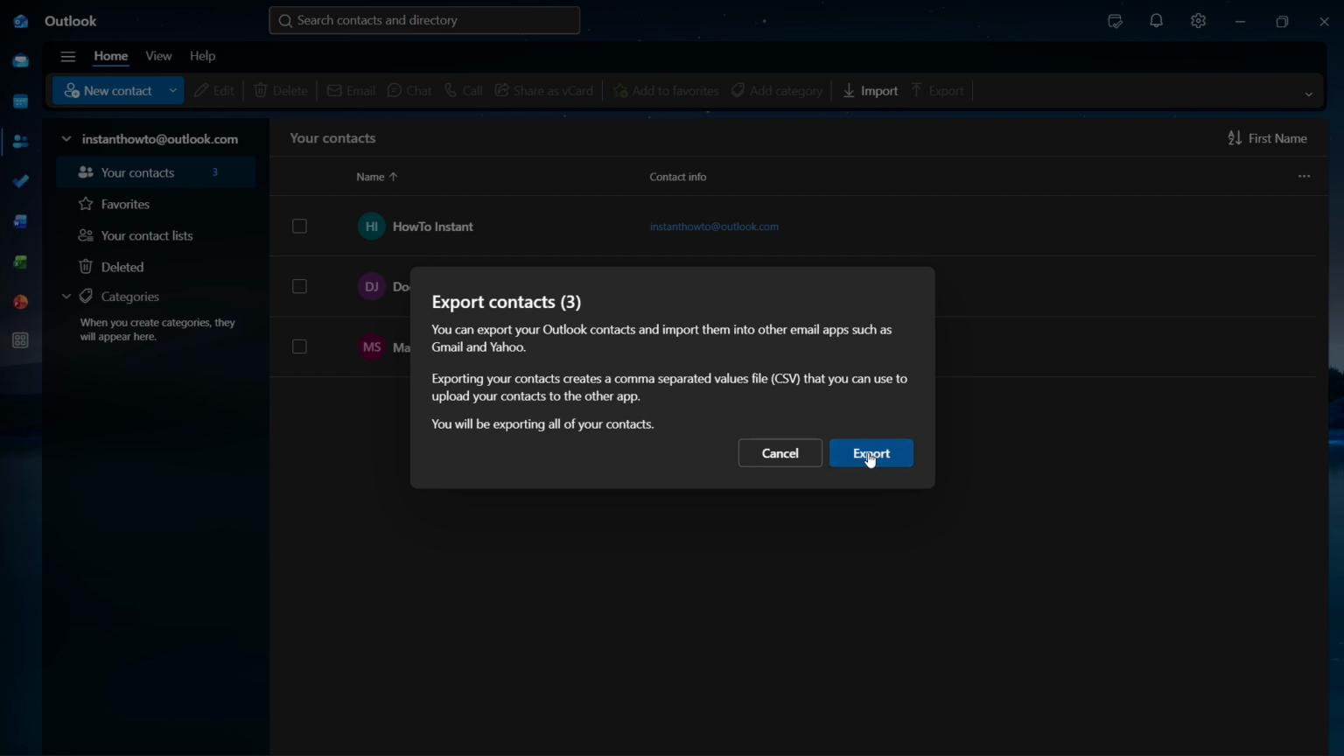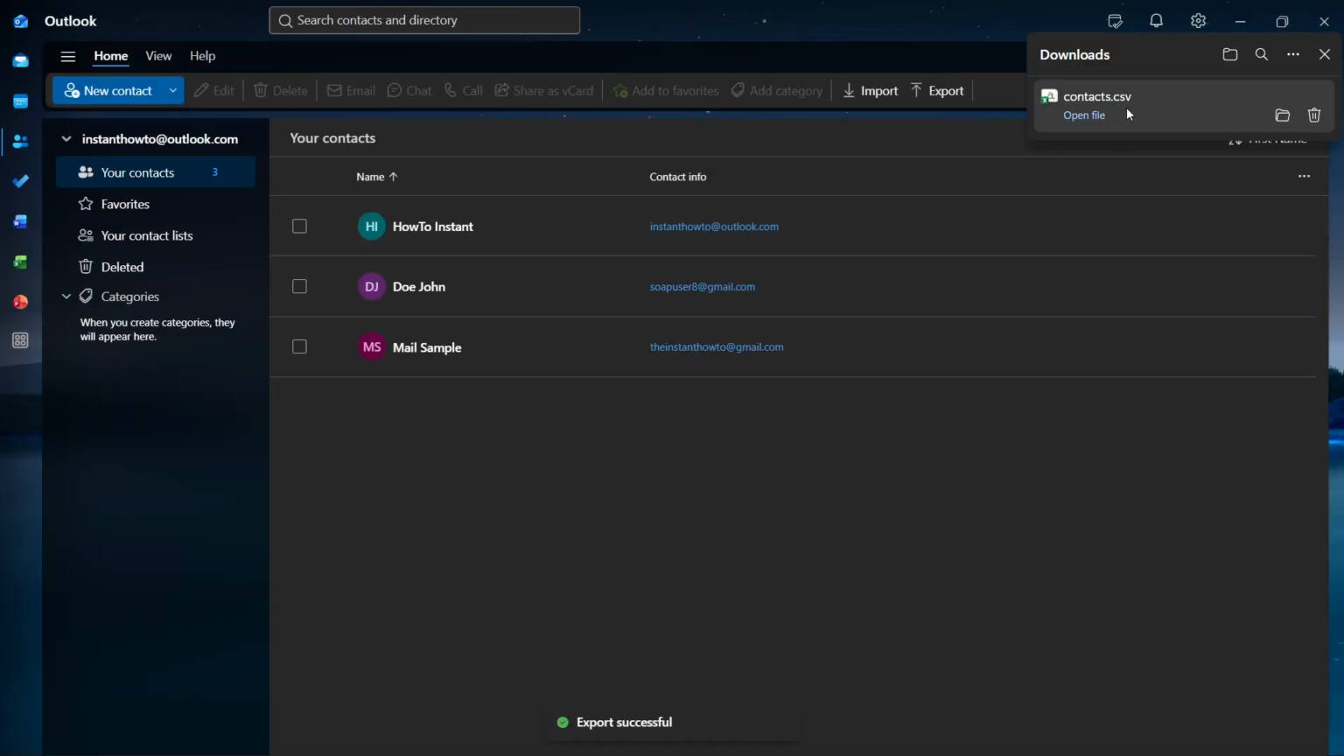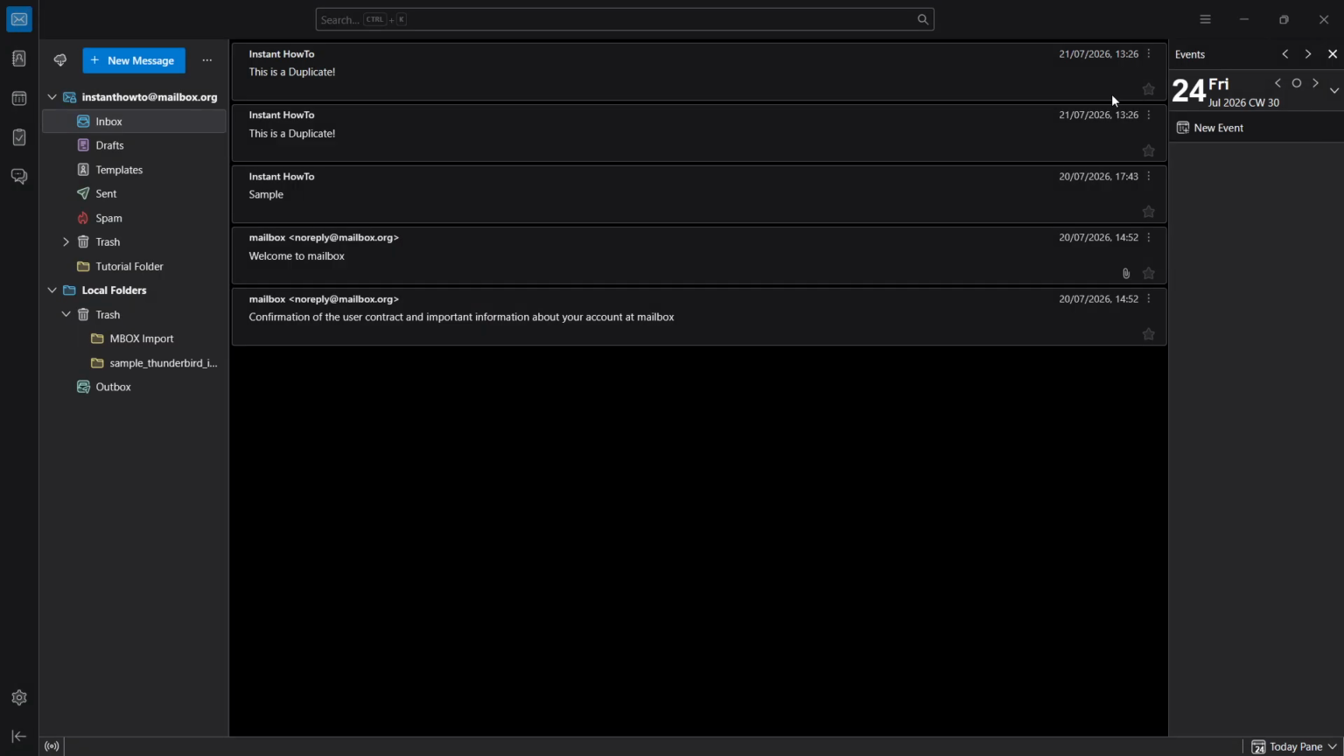So I'm going to click on Export over here, and as you can see here, there we go, it's going to save it into your downloads folder onto your computer, and it's going to be called contacts.csv by default. Now when you've done this, you can close Outlook,